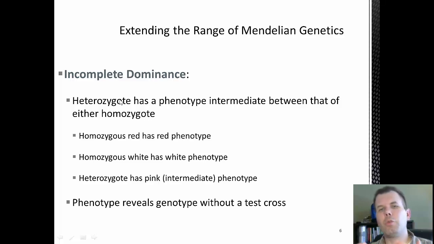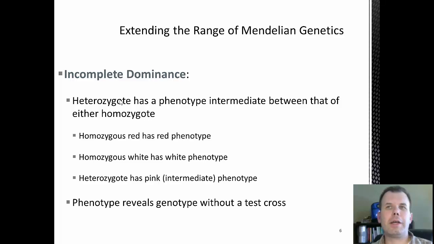And incomplete dominance is where you have, again, a mixing of the two traits. So we're talking about just two alleles, either red or white, or maybe tall and short. But when you get the heterozygous, instead of getting just the tall phenotype, you actually get a mix of the two, or blending of the two, and you get either medium height or pink in the case of red or